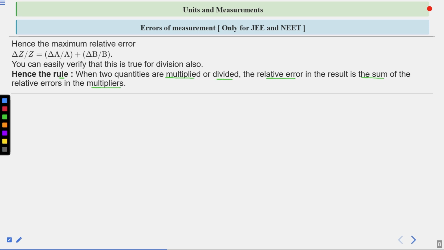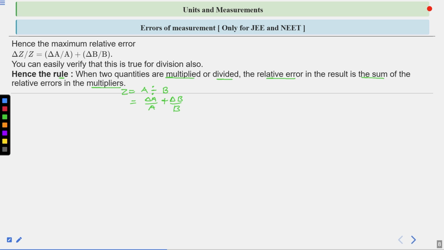So suppose we have two quantities A and B, and it will be like this. Z is equal to A divided by B. So the relative error is delta A divided by A plus delta B divided by B for both cases,